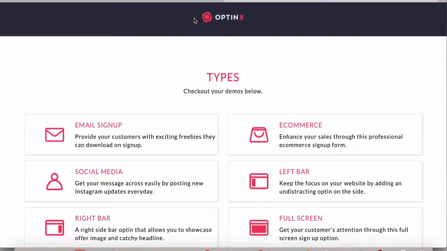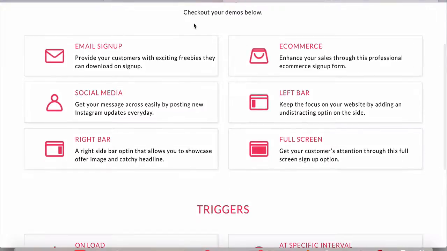and I'm going to show you how easy it is to create those opt-in forms in a second. But right now I have a demo page set up which has different types of opt-ins that you create with OptinX so that you can see the end result. You can see what your visitors will actually see and interact with OptinX. So this is a test page and it's created to display different opt-in forms that you can create as well